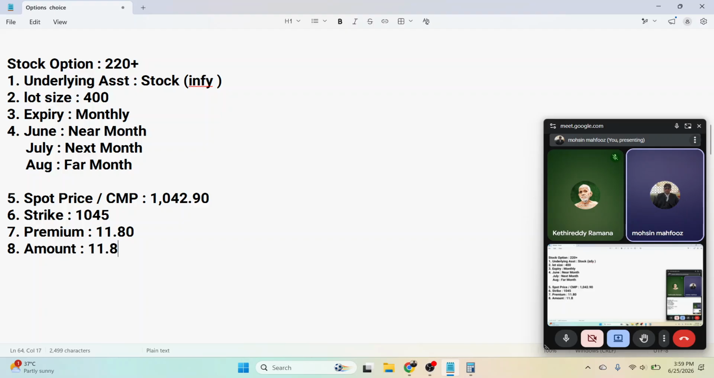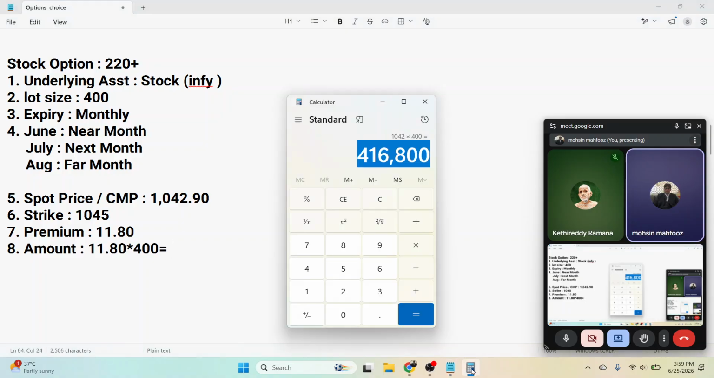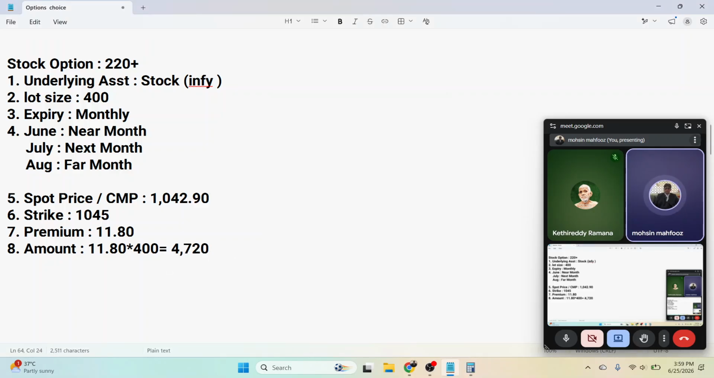11.80 मल्टीप्लाई बाय लॉट साइज, तो अराउंड 4800 के आसपास। 11.80 मल्टीप्लाई बाय 400 इक्वल टू 4720, ये आपको पे करना है अगर आप इसकी कॉल खरीद रहे हैं। तो इफ यू आर अ कॉल बायर यू हैव टू पे ओनली 4720 रुपीज टू मेक दिस कॉन्ट्रैक्ट। और जो सेलर होगा वो क्या करता है, वो उस प्रीमियम को रिसीव करता है।